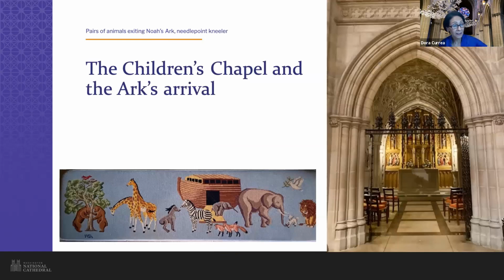Here we have, again, the story of Noah, this time in needlepoint, and it is located inside the children's chapel, which you see in the image on your right. The children's chapel was designed to the scale of a 6-year-old. On these little chairs, you have cushions, each with needlepoint, an animal motif. And to the left is the needlepoint kneeler that usually sits at the foot of the altar,